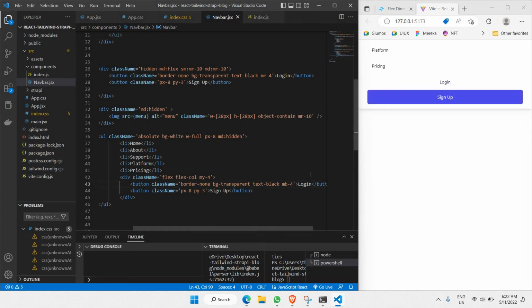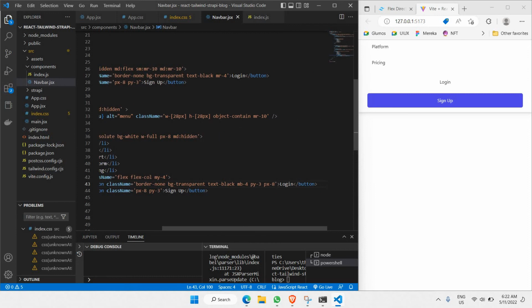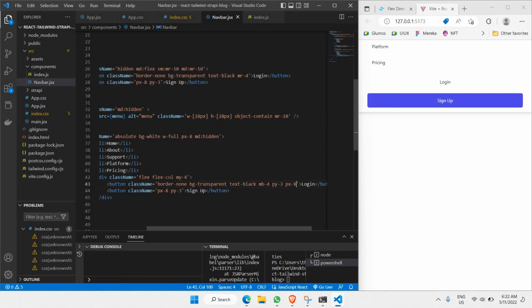And the next thing is that I'd like to have a padding y-axis of 3. Okay, and also I'd like to have padding x-axis of 8. Okay, I think that's it. I would also like to change certain things. As you can see, I've placed border none, right? I'm going to remove the border so that it looks nice like this. And once we remove the border, background transparent, black text, margin bottom, we are good to go